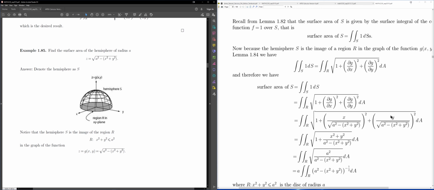And likewise over here, I'd have y squared on a squared minus x squared, right? And what I have is a common denominator for both of those. And then when I add, I'm going to get x squared plus y squared on top. So something like this happens when you're using this sort of formula over here with the dg dx